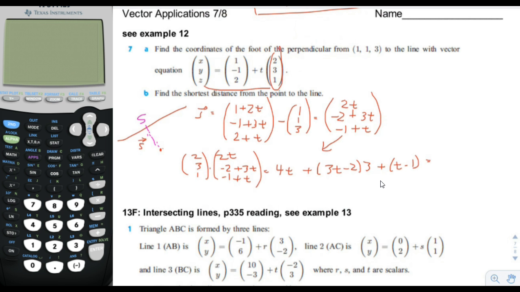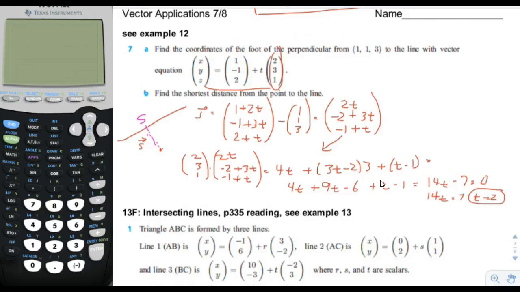And so we get 4t plus 9t minus 6 plus t minus 1. Now we're going to combine like terms. We get 4t plus 9t plus 1t is 14t, minus 7, is equal to 0 because we want the whole scalar product to equal 0. Then we know that 14t equals 7, so t is equal to 1/2. Okay, so if t is equal to 2,